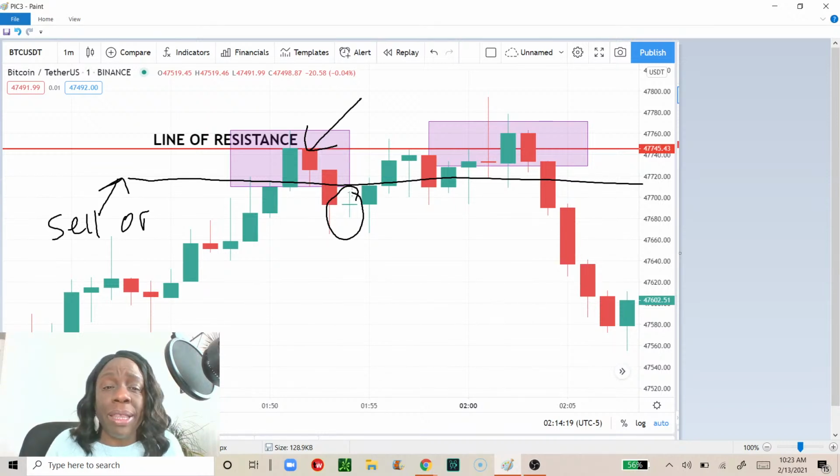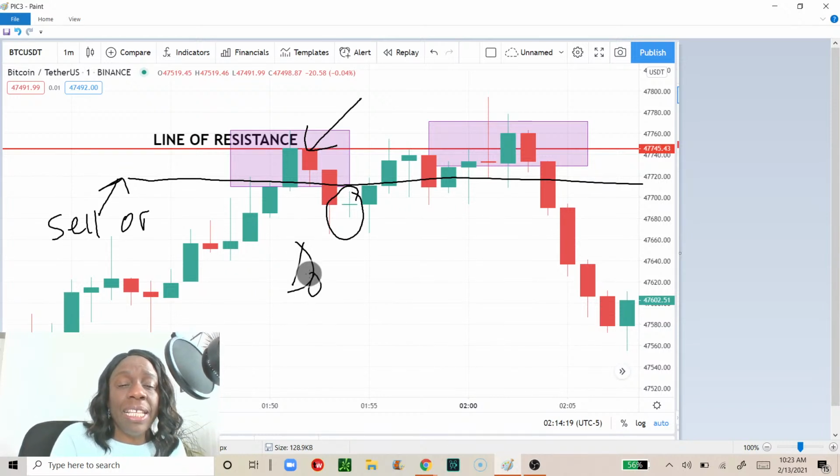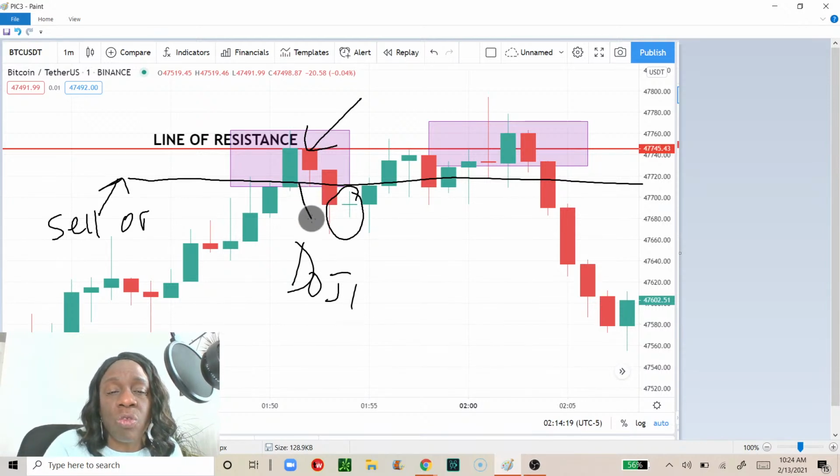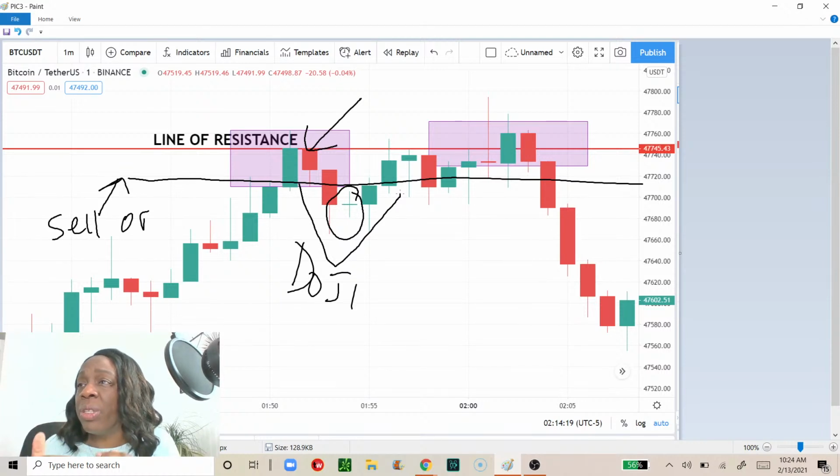And the same with these patterns. A doji is a pattern, a candlestick, that shows the trend is reversing. And what happens with the trend? It goes from a downtrend to an uptrend. In answer to your question, Michael, that's how you know it's time to get out of the trade, when you can identify your reversal patterns.